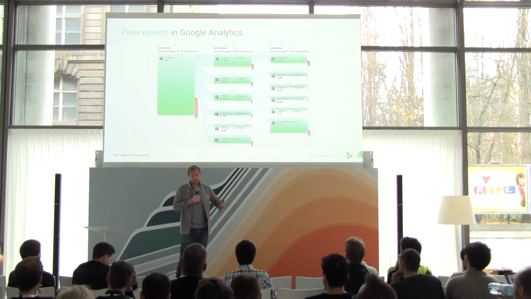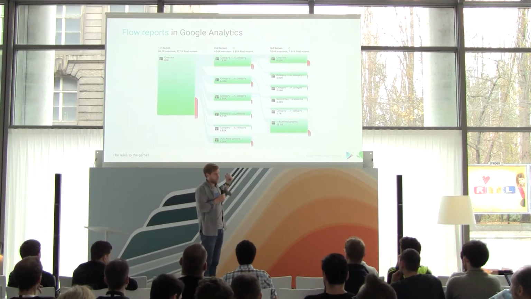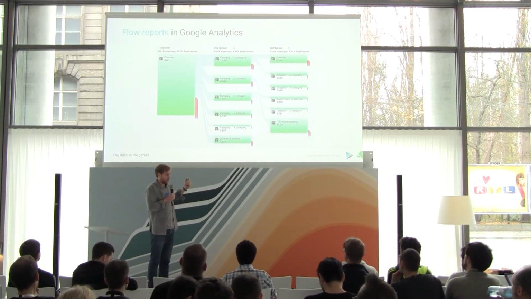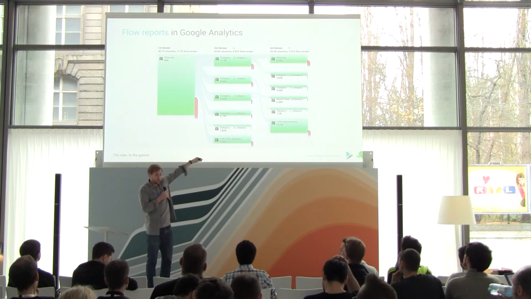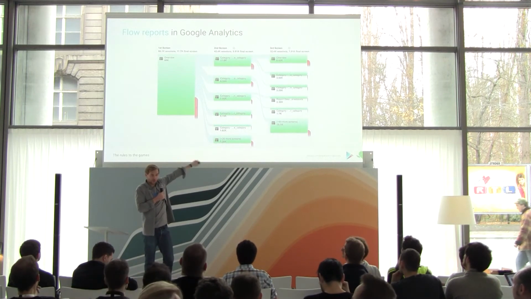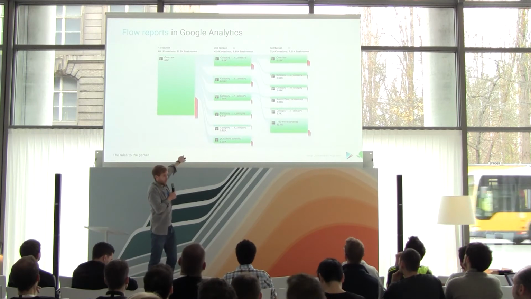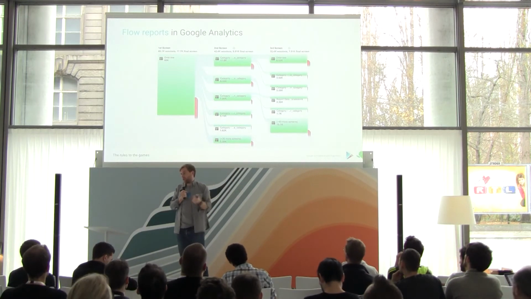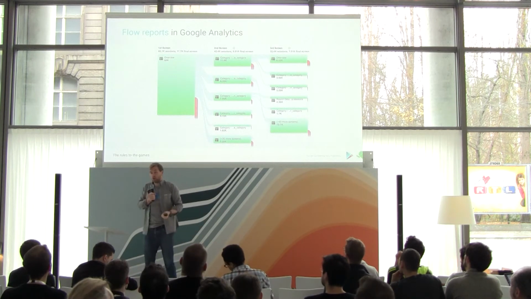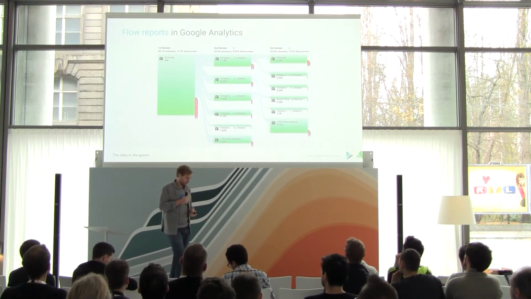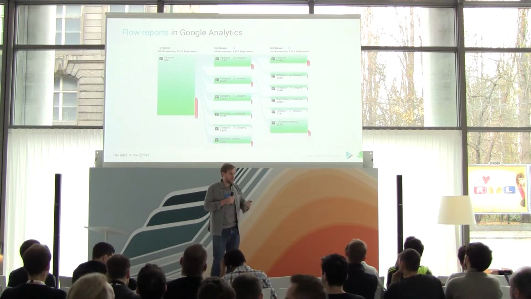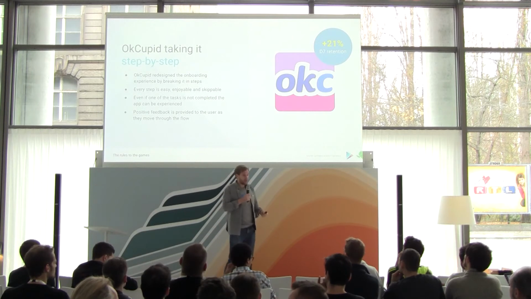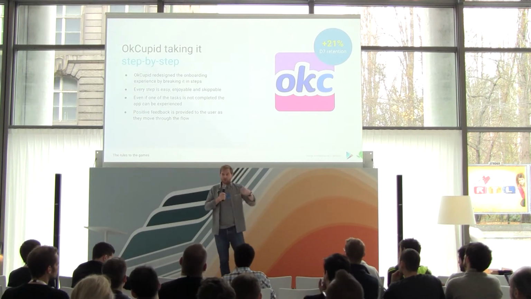So another report in analytics you can use very well for that is the flow report. I think it visually explains itself. Whenever something is green, the user moves on to a page. You can also see what page is popular. Whenever it's red, they drop off. So all these drop-off points, you want to investigate and see why they drop off and what you can change in order for them to stay in your app and make sure the retention is good.